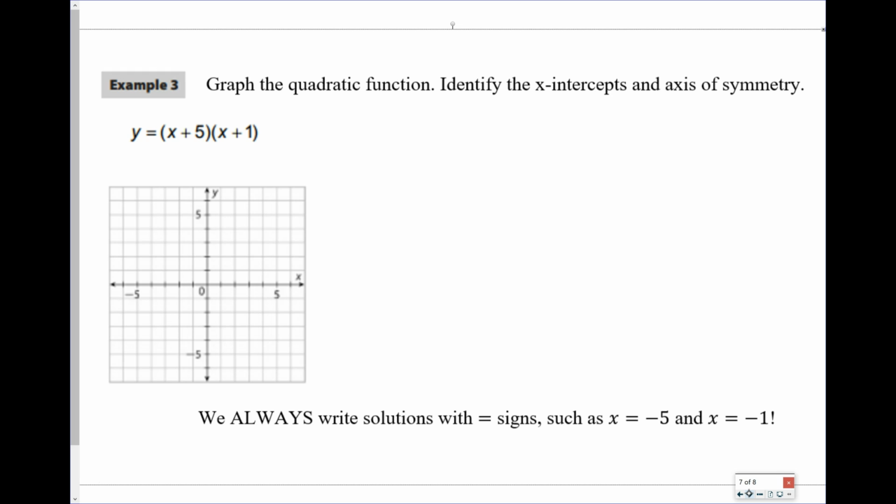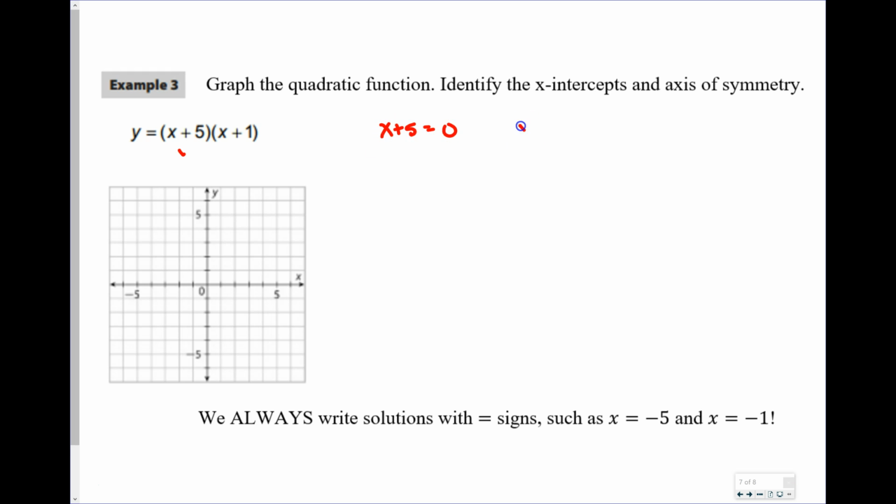The third thing I'm going to want you to be able to do is graphing these functions and identifying x-intercepts and axis of symmetry. Okay? So if I say graph the function, identify the x-intercepts and axis of symmetry, we can go ahead and find those x-intercepts pretty easily. I can do x plus 5 equals 0, x plus 1 equals 0. Get the x alone. So I have an x-intercept at (-5, 0). And I have another x-intercept at